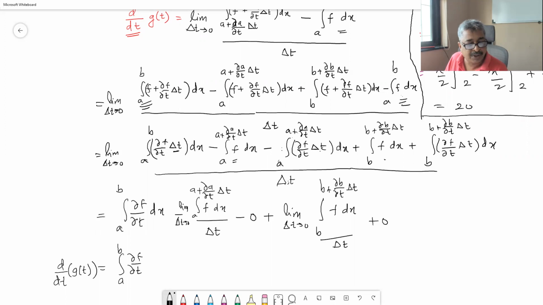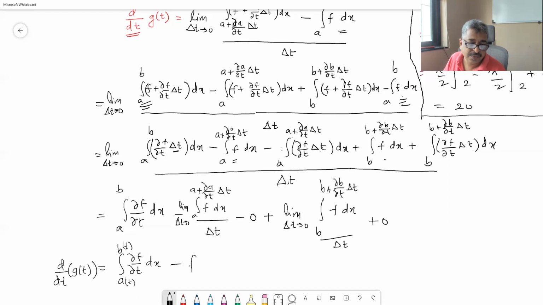Partially differentiate the function with respect to t, get whatever is inside, and then perform integration with respect to x. That is the first term. And now let me write down, this is a of t, b of t. Okay, minus, it is going to be